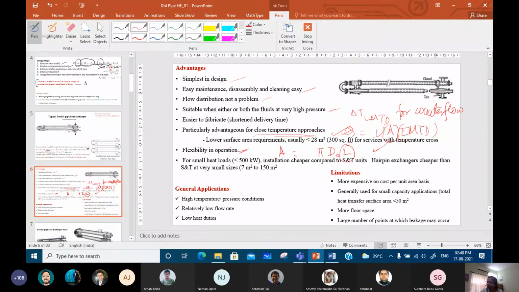we use a hairpin arrangement. What are these hairpins? These hairpins, these annulus that we have, the concentric annulus where the inner pipe and the outer pipe, the lengths of commercially available pipes range from 6 to 6.5 meters usually, right? And remember one thing, double pipe exchangers are generally fabricated from bought-out items. That explains the shortened delivery time. So what we do, we simply buy the tubes and then we connect them with return bends.